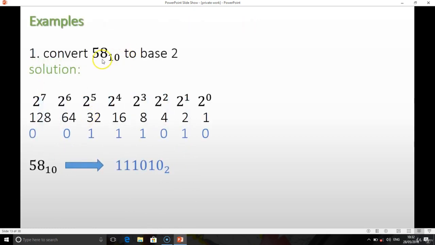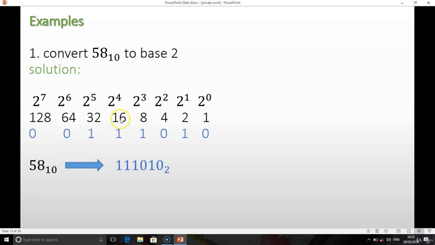Example: converting 58 base 10 to base 2. Now, bringing our numbering 128, 64, 32, 16, 8, 4, 2, and 1. This is what we just need. So now, we are going to put 1 under the figures that will give us the sum of 58, which is the question. Now, seeing 128 is greater than 58, we don't need to put anything there. 64 is greater than 58, we don't need it also. So 32 is lesser than 58. We can start with 32.